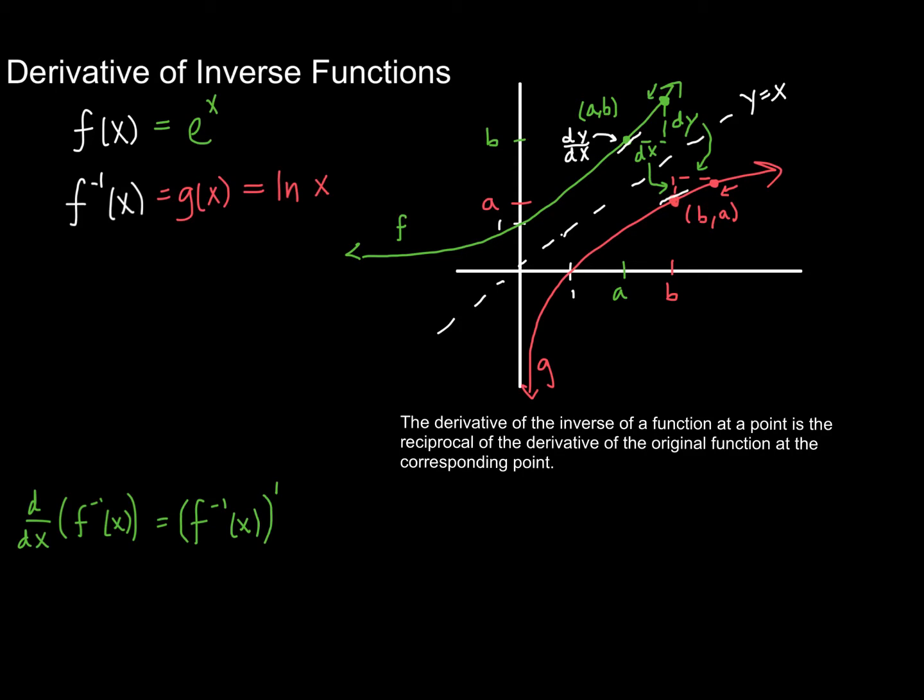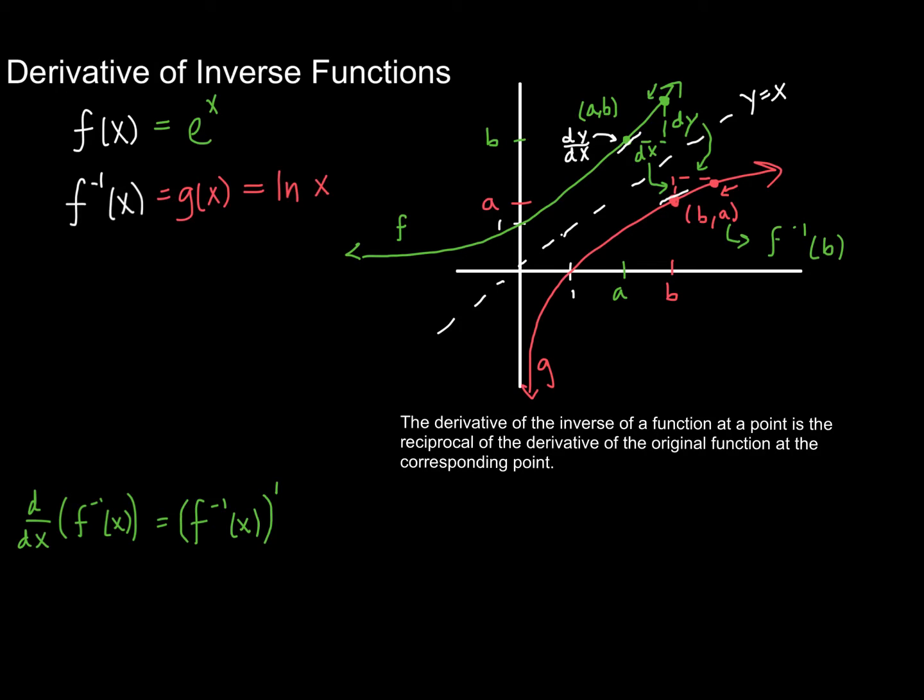Well, if we know the inverse function, we can just evaluate it at b, and that will give us a, which is, of course, the x value of the point on our original function where we want to evaluate the derivative. A lot going on here. I'm going to represent it this way. To find that y value that we seek, we're going to evaluate the inverse